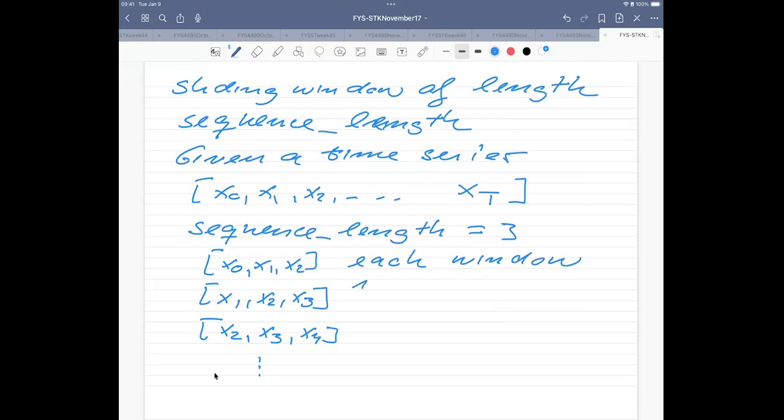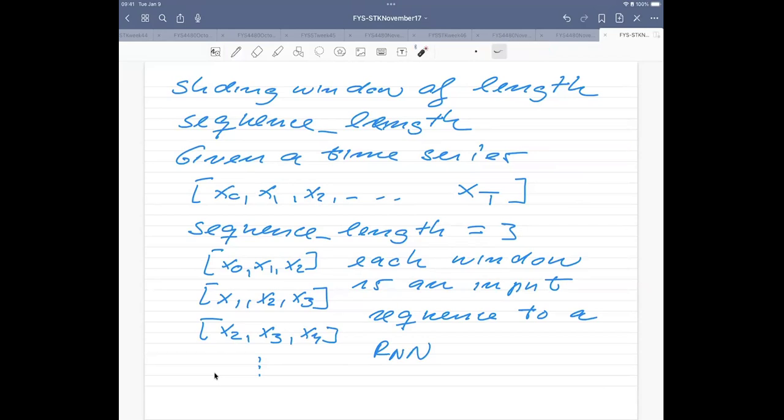So the whole idea here is that within each window is an input sequence to a recurrent neural network. Because if you're doing one-step predictions, then your window would simply contain this part here.